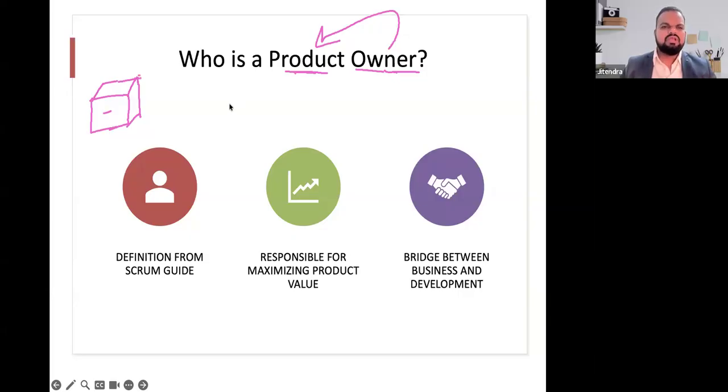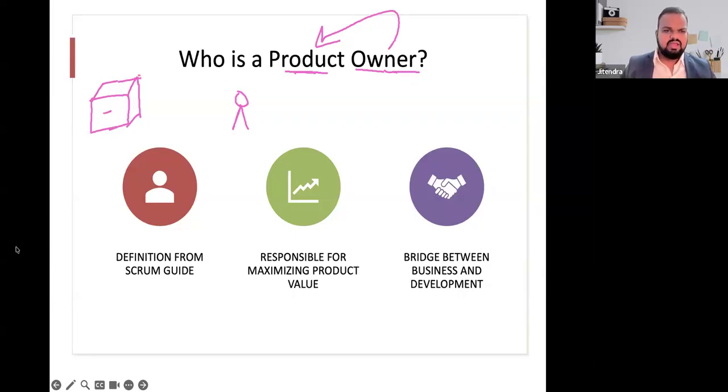So when I talk about a Scrum team perspective, we have three roles. One is the Scrum Master. What the SM does, the core, the crux of the Scrum Master, is someone who is going to make sure that my team is able to perform at the highest level of efficiency. That's what the SM job role is all about. And the PO job role is to make sure that I am able to get the maximum value from this product. That's what the PO is, having a product mindset, working on something so that we can get the maximum outcome of the product.